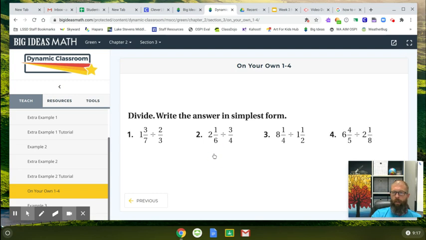So go ahead and write these down, try to solve them. Don't forget, 7 times 1 plus 3 is 10 over 7. Don't divide, flip, and multiply. Always change it into improper fractions. Go ahead and pause your video. And now that you're back, here are your answers. And take a look at my notes and see how I did them if you want to compare. If you didn't get